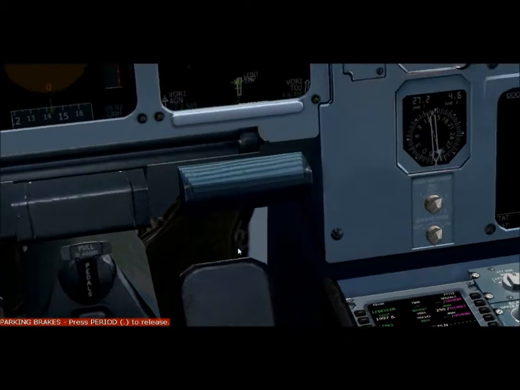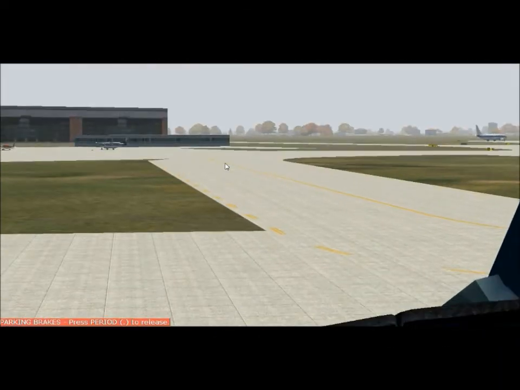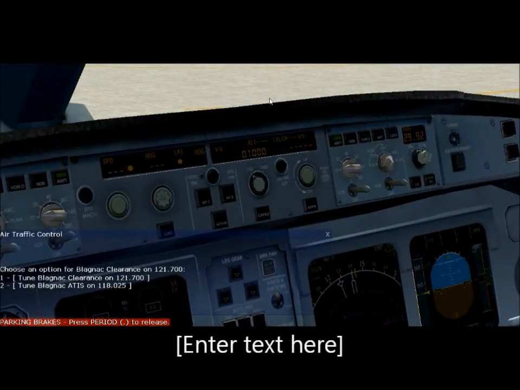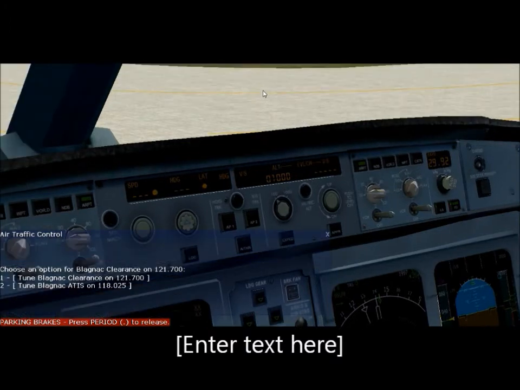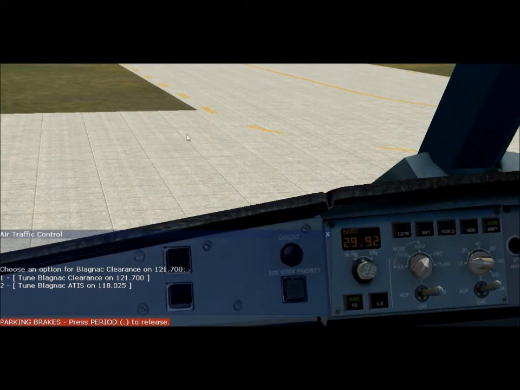Now our MCDU programming is basically complete. We have to just update the clearance for our flight plan and check whether it's valid. Well, we now have to obtain the clearance for our flight plan, and it is known as the IFR clearance, the Instrument Flight Rules Clearance. So we'll just tune on to